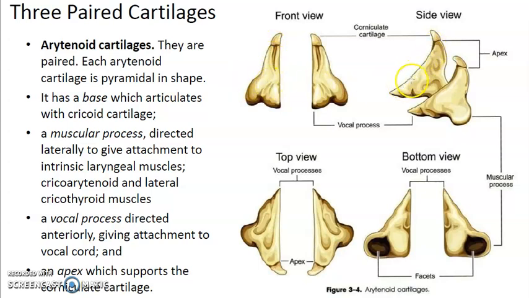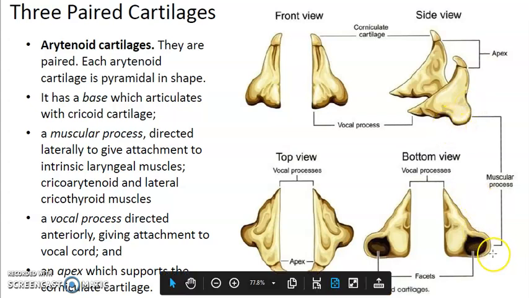There is a projection forward, called the vocal process. This vocal process will be towards the thyroid cartilage. From here there will be one ligament, the vocal ligament, and it forms a fold on that, called the vocal fold. This is very important. That is the vocal process of the arytenoid cartilage. The sideward projection is called the muscular process. All the muscles of the larynx will be attached to this muscular process. So when the muscular process moves forward, the vocal process will move medially. When the muscular process moves backward, the vocal process moves laterally, because it is a single piece of cartilage.